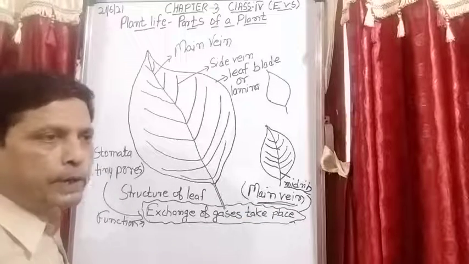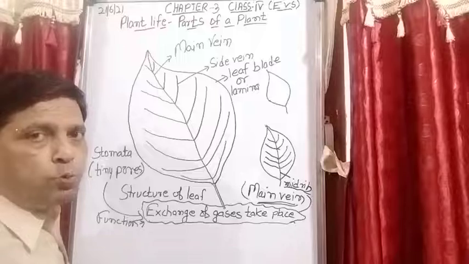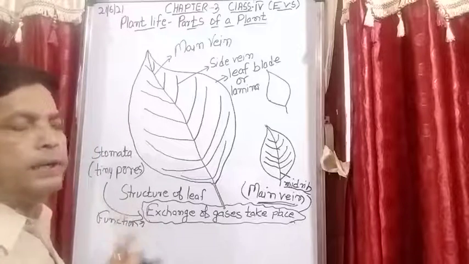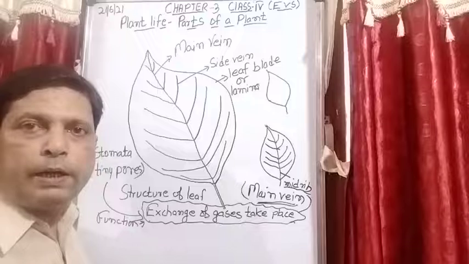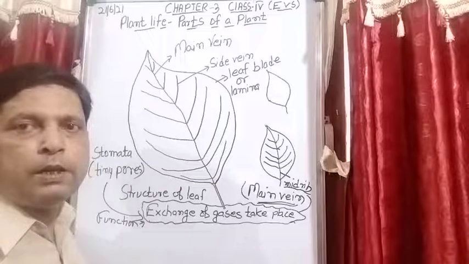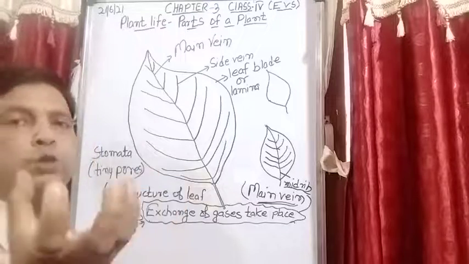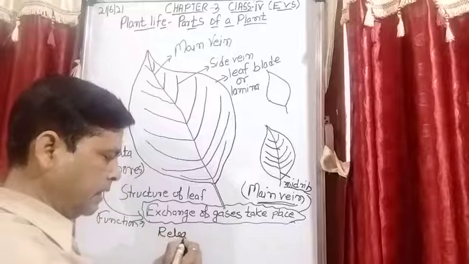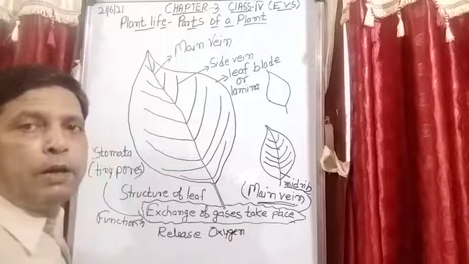What does it mean? It means at the time when the plant prepares food, when leaves are called the kitchen of the plant, I will tell you about this when I explain the function of leaves, but let us discuss a little here. Exchange of gases means what? See, the plant needs carbon dioxide gas for making the food. To prepare the food they need carbon dioxide gas. So at the time when the leaves are preparing the food, they use carbon dioxide and they release oxygen, and this is our living gas.